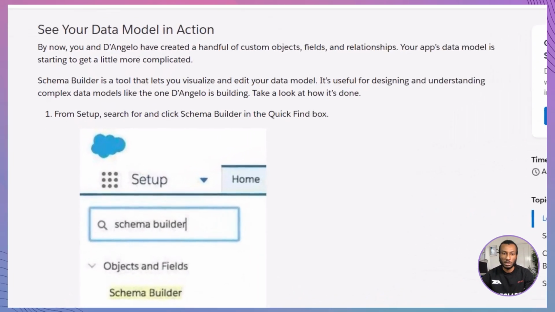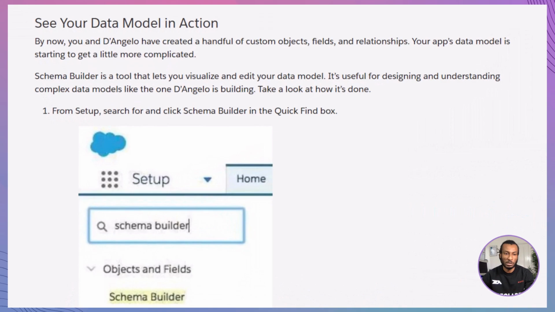By now, you and D'Angelo have created a handful of custom objects, fields, and relationships. Your app's data model is starting to get a little more complicated. That's where Schema Builder comes in. Schema Builder is a powerful tool that lets you visualize and edit your data model in a user-friendly interface. It's especially useful for designing and understanding complex data models like the one D'Angelo is building for Dreamhouse Realty. Imagine having all your objects, fields, and relationships laid out visually, allowing you to see how everything connects at a